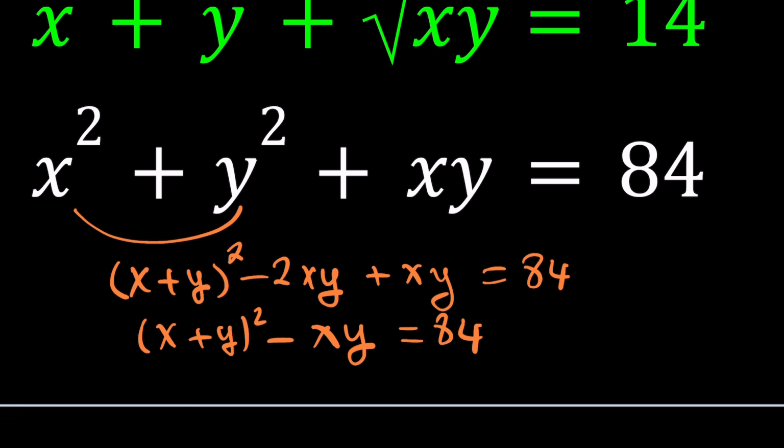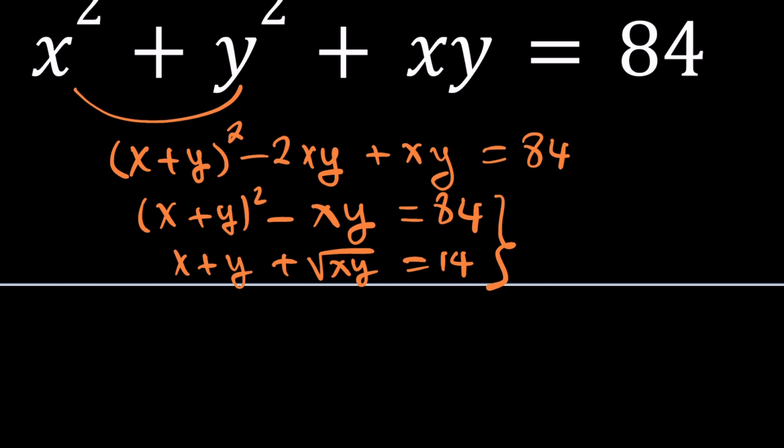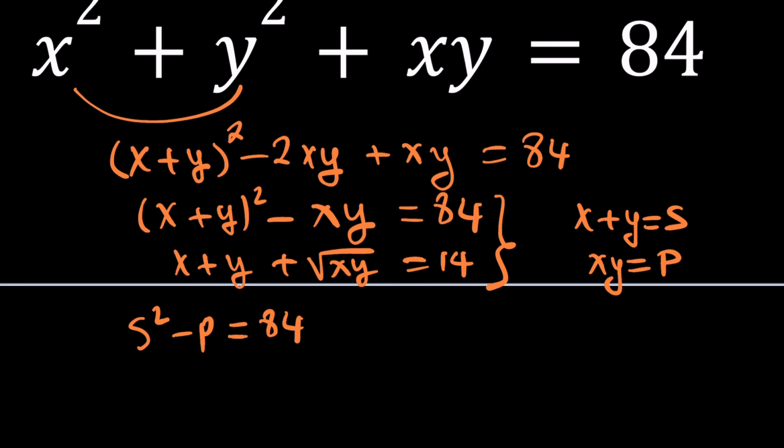Now, along with the first equation, x plus y plus square root of xy equals 14, we should be able to solve this system. Why? Because there's only two variables here. Take a look. x plus y is one of the variables, and xy is the other variable. So in other words, the sum and the product. Make sense? So let's go ahead and name them. Let's call x plus y s and xy p. P for product, s for sum. So our system turns into s squared minus p equals 84, and then s plus the square root of p